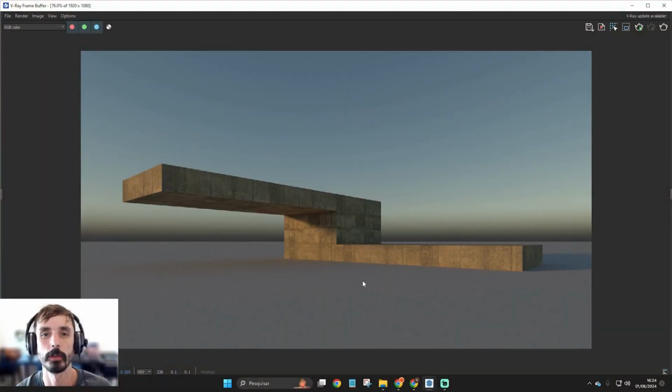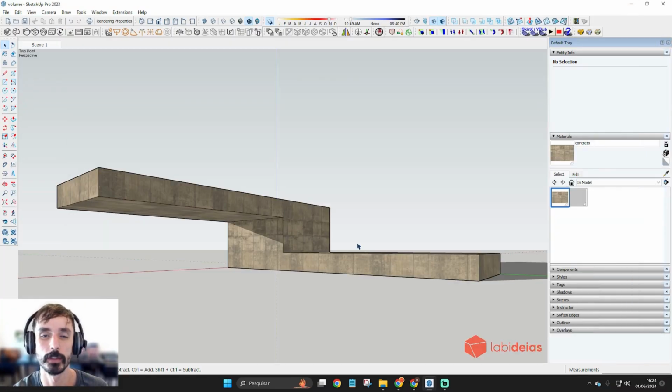Hello everyone, so I'm going to show you in a super quick way how to add a cooler sky to your rendering using V-Ray for SketchUp. Remembering that the default V-Ray sky is this bluish sky with a dark band, and it's not very interesting for your renders, right? So for this, we're going to use a tool called Dome Light,